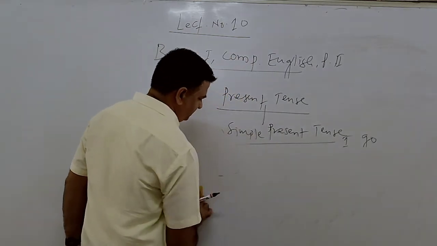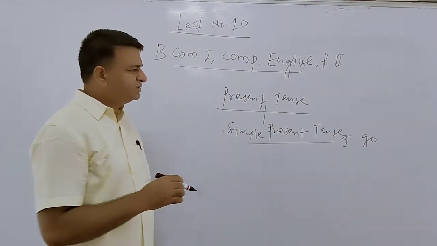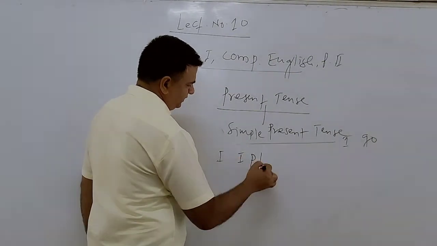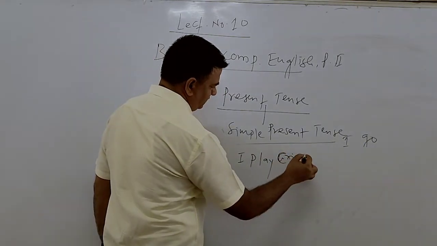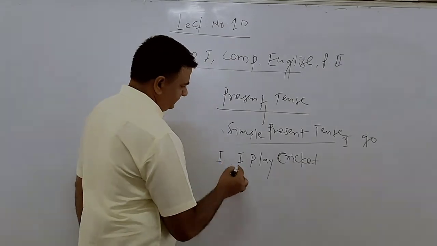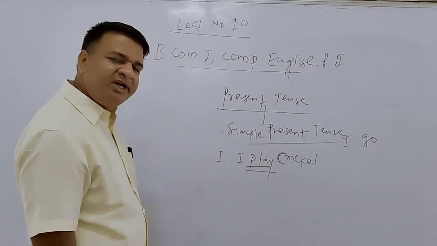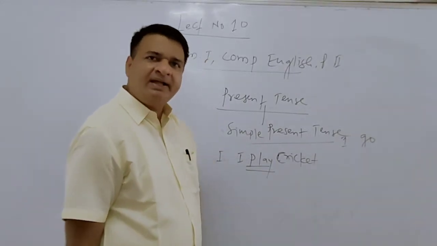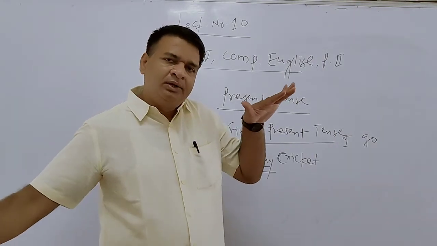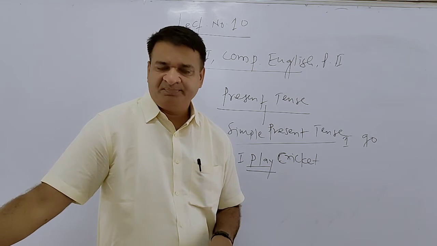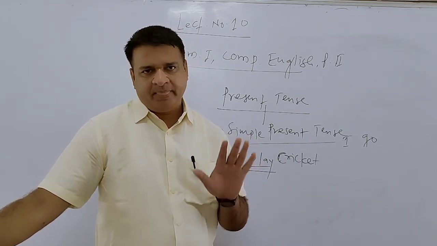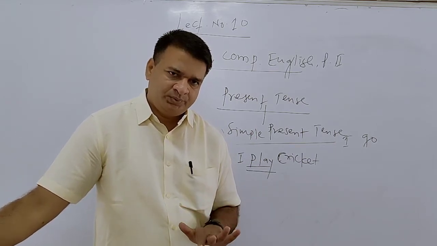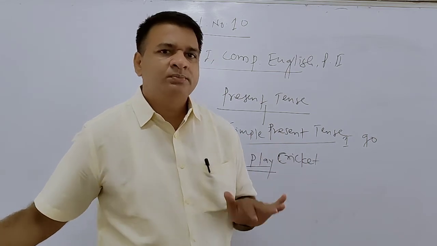For example, we say I play cricket. This play is the base form. क्रियापदाचं पहिलं रूप वापरतो. हा आय झाला नाउन, हा झाला वर्ब क्रियापद, आणि तिसरं काय क्रिकेट हे काय आहे, हे ऑब्जेक्ट आहे. जे पार्ट्स ऑफ स्पीच आहे, हाऊ मेनी पार्ट्स ऑफ स्पीच वी हैव? 8 नंबर. Noun, verb, adverb, adjective, pronoun,